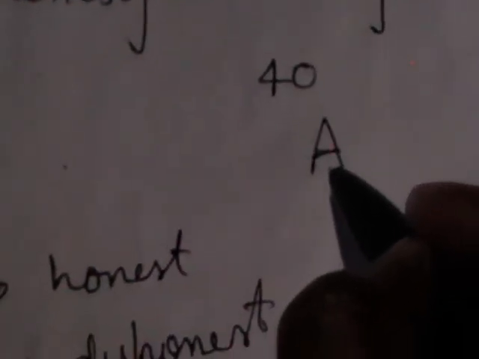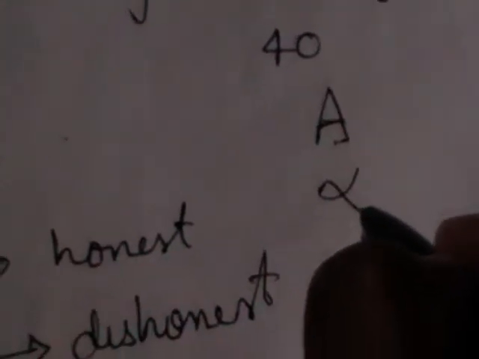Coming to notation, as I said, attributes are indicated with English capital letters. If I code the first person as A, it indicates that the person is honest. If I write the second person as alpha, it indicates dishonest. If I write that as alpha again, it indicates dishonest. So positive characteristics are always indicated with English capital letters, and negative characteristics are indicated with Greek letters. A indicates the positive category, he is honest. Alpha indicates he is dishonest.